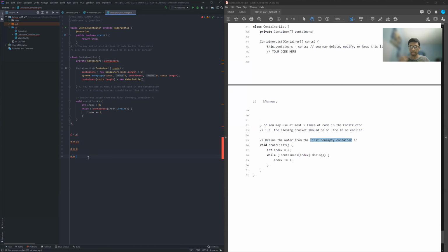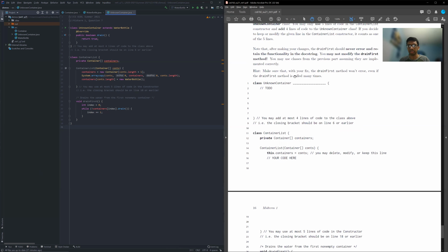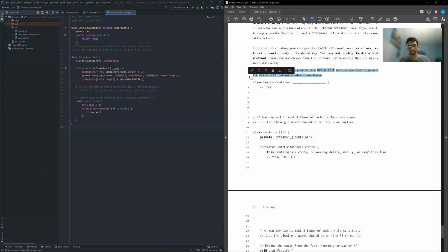So we keep cycling through the while loop, and then we hit the water bottle. Well, the water bottle has the same issue that the containers had because now there's nothing in it. So we're going to go on to the next one. But that's where the error happens, right? We can't access the next one. There is no next one. And so then we get the out of bounds error, right? The pointer exception. So what we have to do is, independent of whatever happens with the drain, we're required to override it and forcibly return true to avoid this error because we need this to work even if drain first is called many times. That's exactly what this is showing.